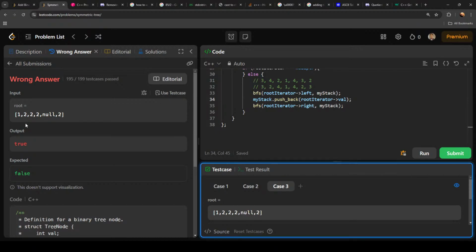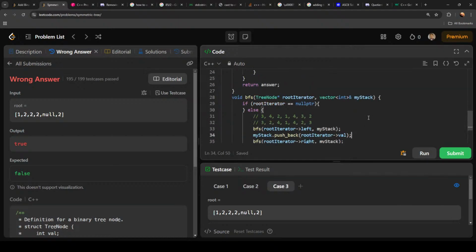Almost passed all of them. Failed at this one. 1, 2, or 2. 2 are null. If it's null, then I don't do anything right now, but